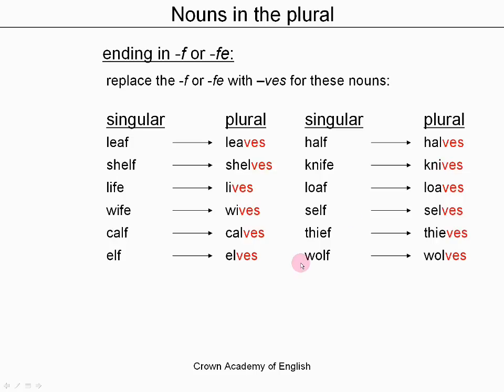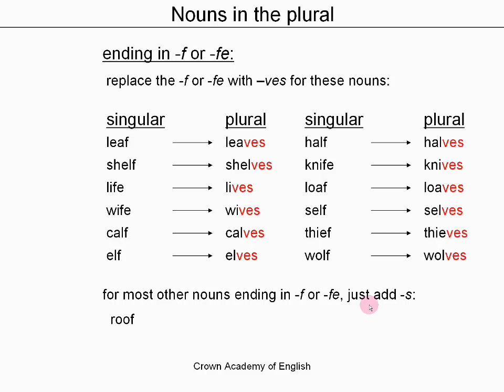Okay, so these are the exceptions, and for most of the other nouns, pretty much the rest of the nouns which end in F or FE, they are just regular nouns, and we just add S to the end. So just two examples: roof, roofs, and giraffe, giraffes,